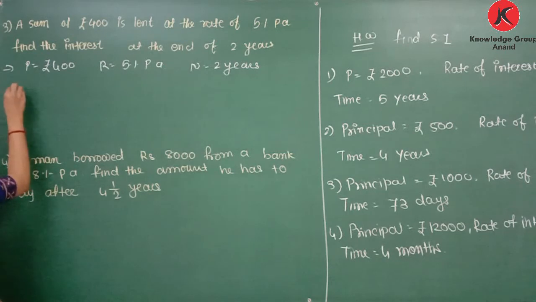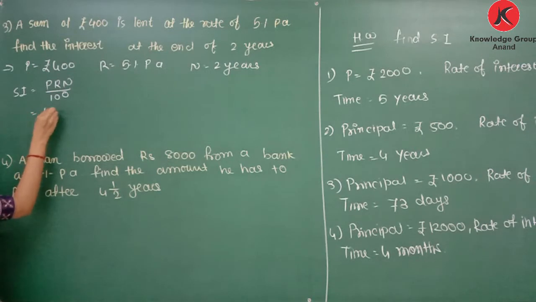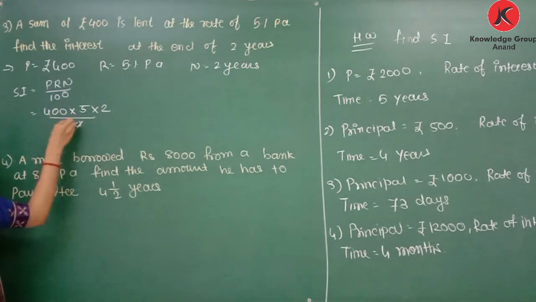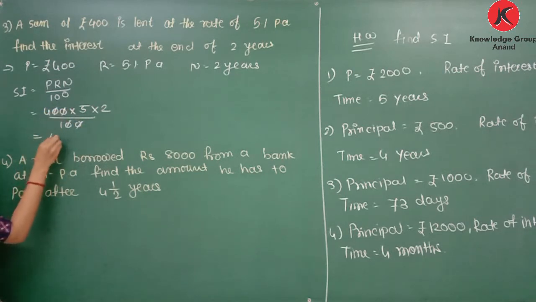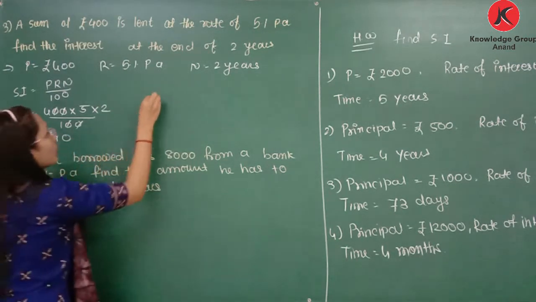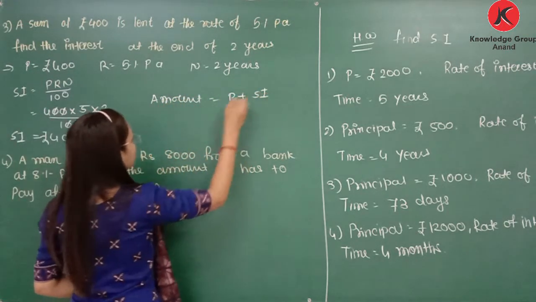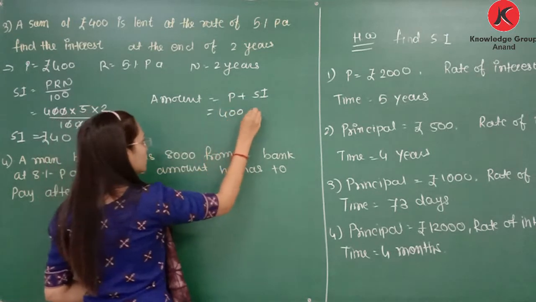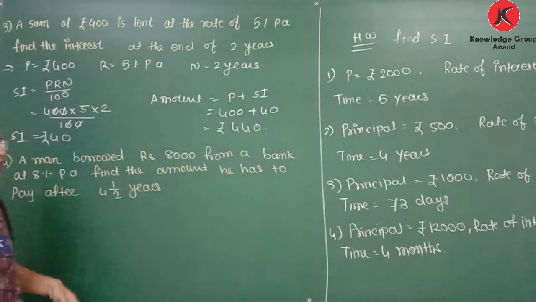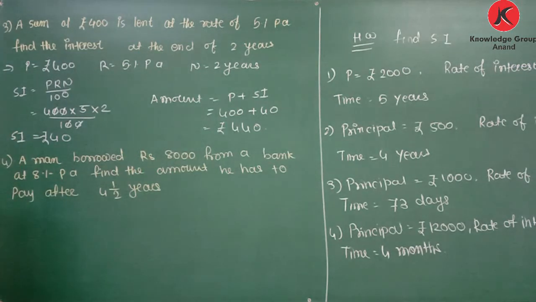So we can use simple interest equation, that is PRN divide 100. Principal value is 400, rate of interest is 5, n is 2, divide 100. So that is 40 rupees. 40 rupees is a simple interest, so we can find the amount, P plus SI. Principal value is 400 and 40 rupees is the simple interest, so 440 rupees will be amount. Here in the question amount is not asked, but you can find the amount. This kind of question can be also asked for MCQ.